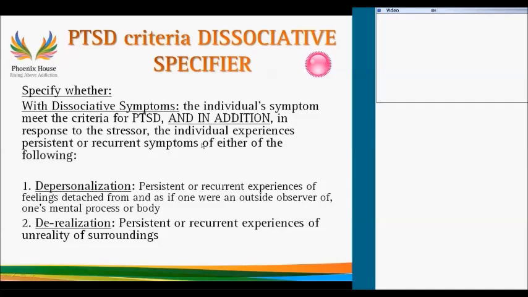Another thing that's changed is that you can have a specifier whether or not the person has dissociative symptoms with regards to PTSD. The way that I have been taught in my training, and I have trained other students, is that dissociative symptom profile was always more indicative of acute stress. When people first experience a trauma, they're more likely to dissociate, be in shock. I don't know how this happened. Did it really happen? It's surreal. And that was really always associated with acute trauma.